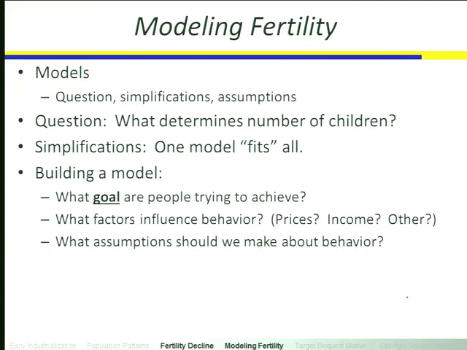Nick: That people want to have kids, that's part of it, and more. People make plans, that's right. And that they can control how many kids they're going to have. So they have a desire, they have a plan, and they have a way to achieve that plan. All of that was embedded in my saying that they have some goal, and we're going to talk about the factors that influence fertility.